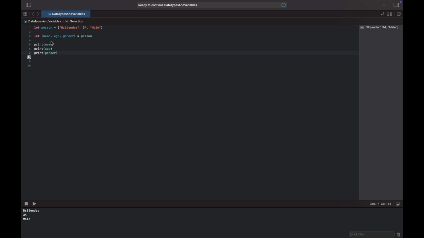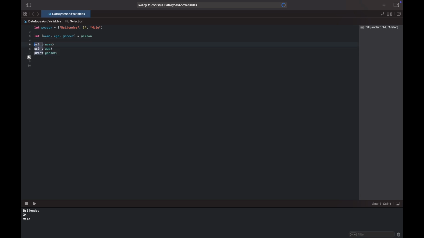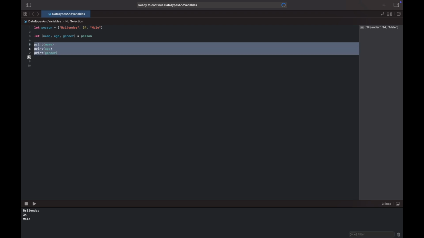Yeah, so our name is Brigender, age is 34, and gender is male. So this is another way to access the properties of a tuple. The second way is by decomposing or deconstructing the tuple. So again,